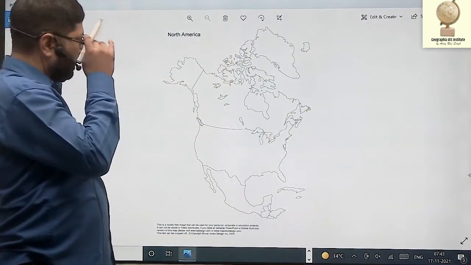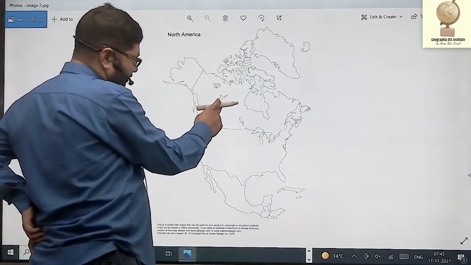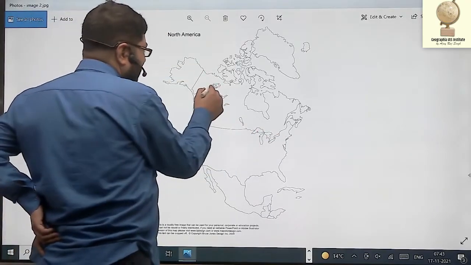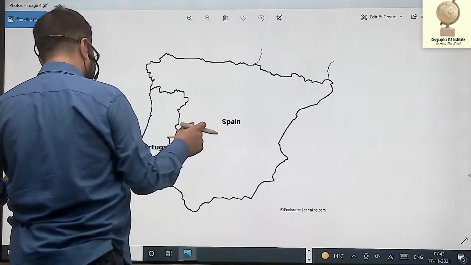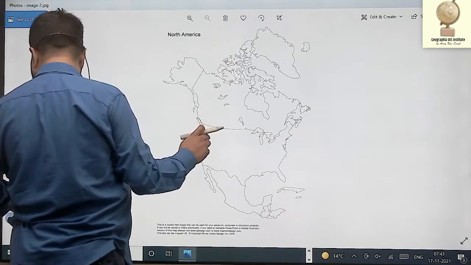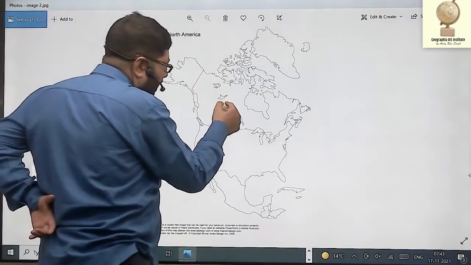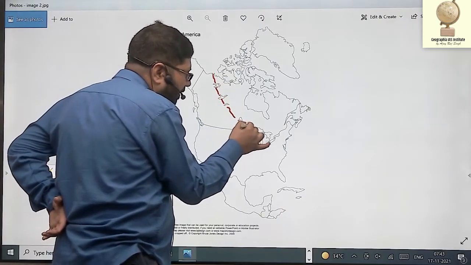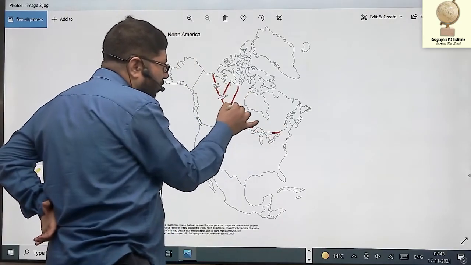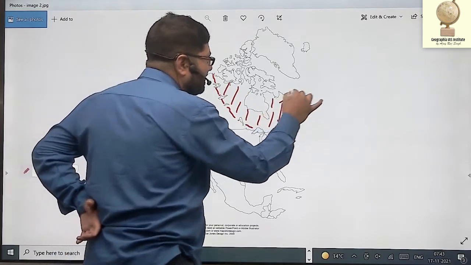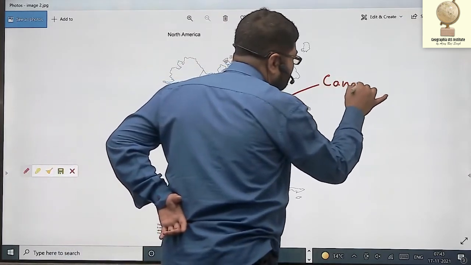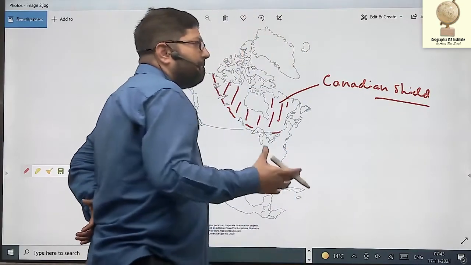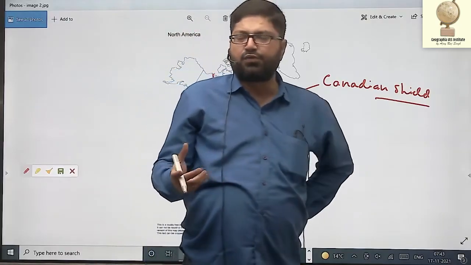Now, these are various freshwater lakes, and all are interconnected with each other. If we join these lakes by a line, then the area lying north and east of these lakes is known as the Canadian Shield. I told you the other day that shield, massif or craton is used for those land areas which